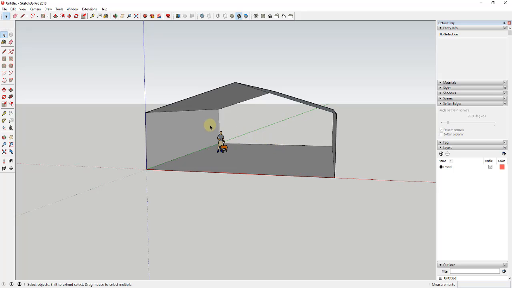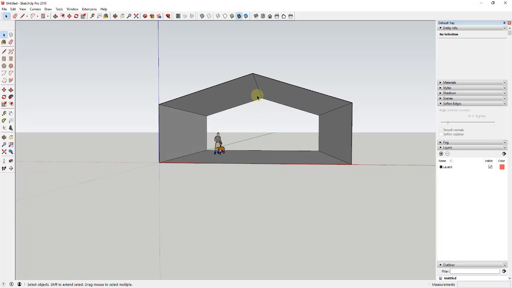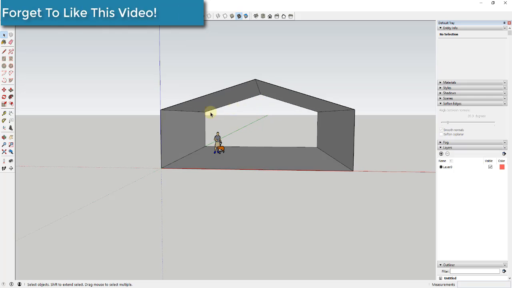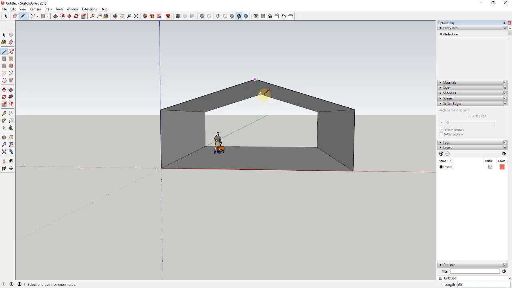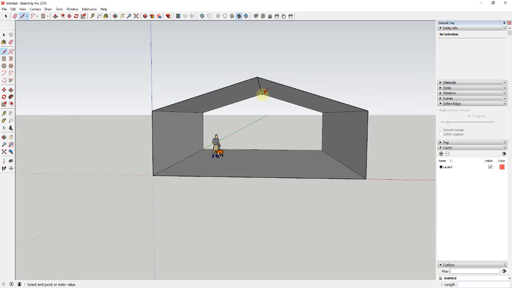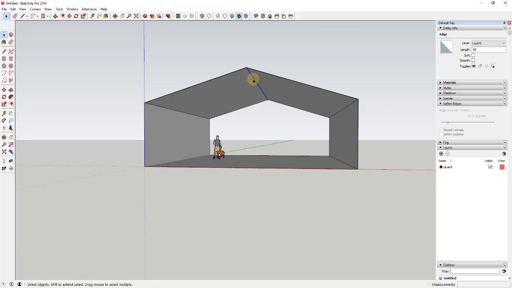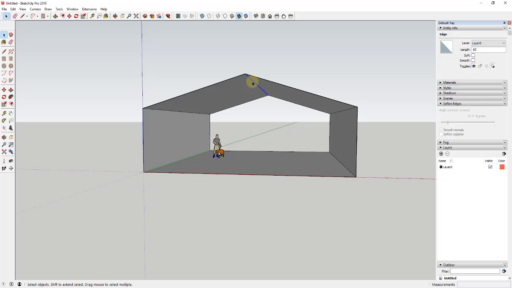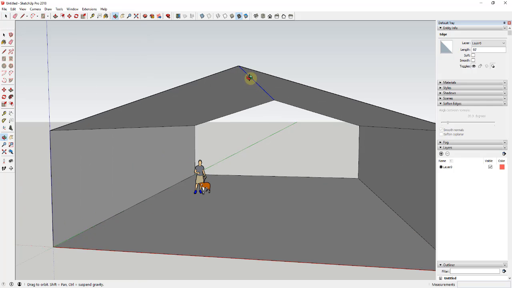And so I'm going to go ahead and draw out the structural supports for this building. The way that I'm going to do that is I'm just going to draw some edges in here, draw some paths that this can move along. So I'm going to start off and draw a raw edge right here. And now that I've drawn this edge, I want to rough out the shape of